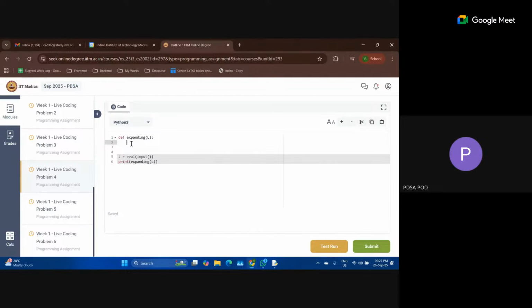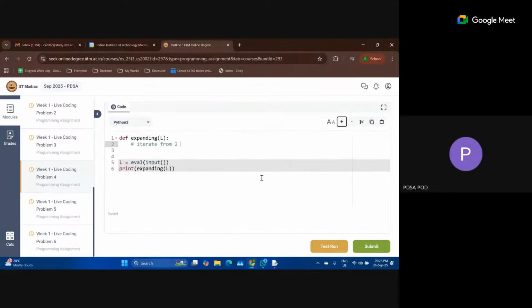So what we will do now? First of all, we will iterate from 2 onwards. Why are we iterating from 2 onwards?